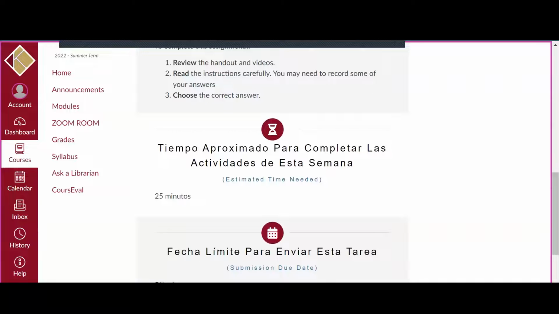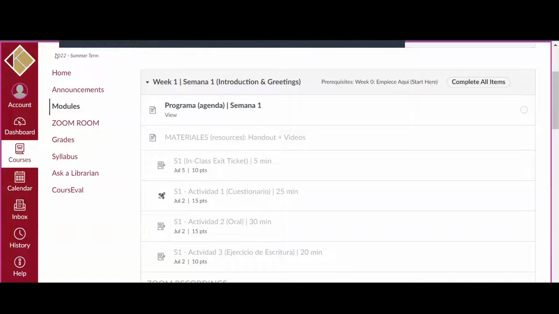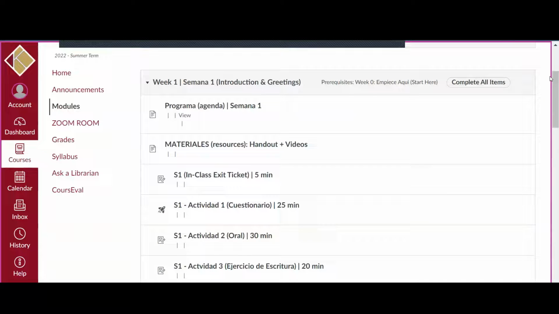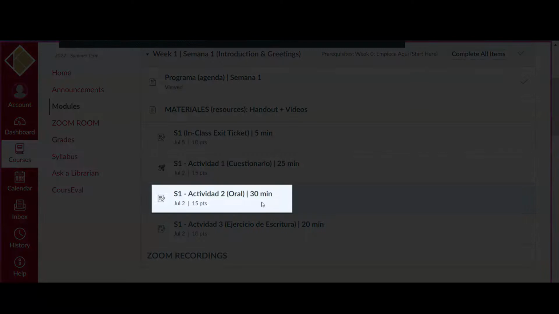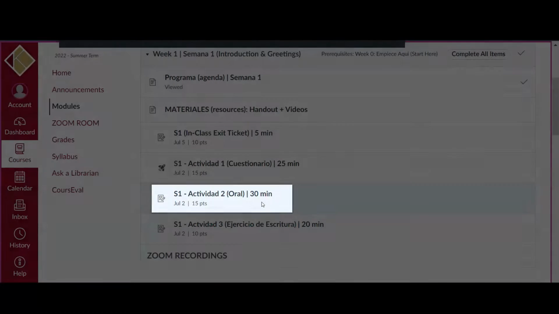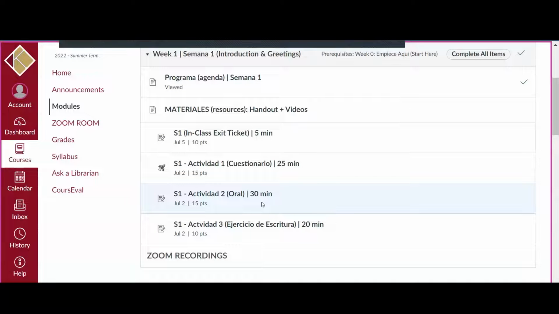You also have, coming back here to your modules, let me just refresh the page. And if you look here, see, so it's not grayed out anymore, and you have the question mark here for each one. Okay, so then you can come here, for example, and go to the oral activity. So you have an oral activity that you have to record yourself. You can either record on Canvas or you can record on your cell phone and then upload. You also have